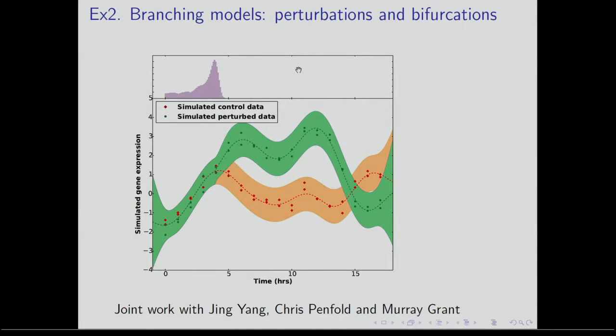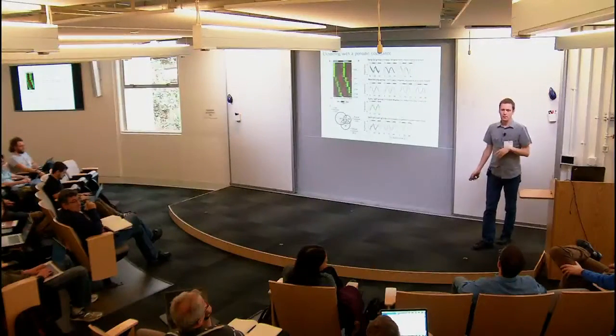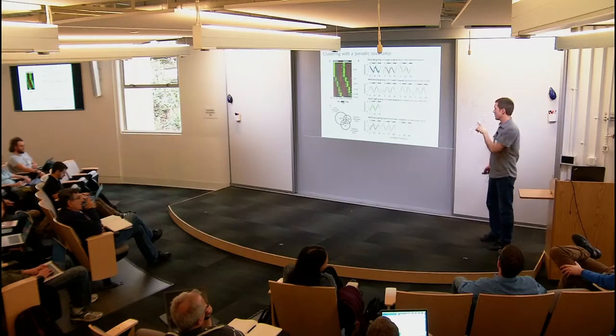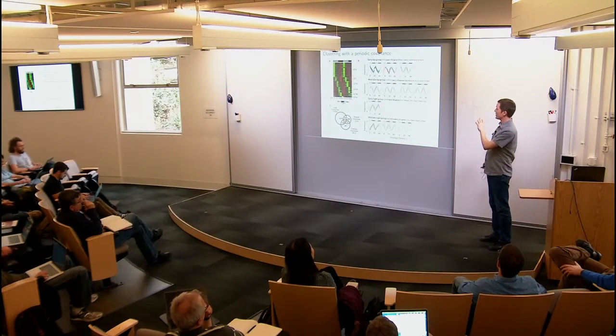Magnus? Yeah. Can you specify the period, or can you put a prior on it? In this case, we learned it as a hyperparameter, but I think we had a prior to keep it within the circadian range. Yeah. When you say you learn it, you somehow try to maximize the total evidence summing over all possible. Yeah, yeah. Actually, we have a nicer periodic covariance function now, which has just been published, which allows you to